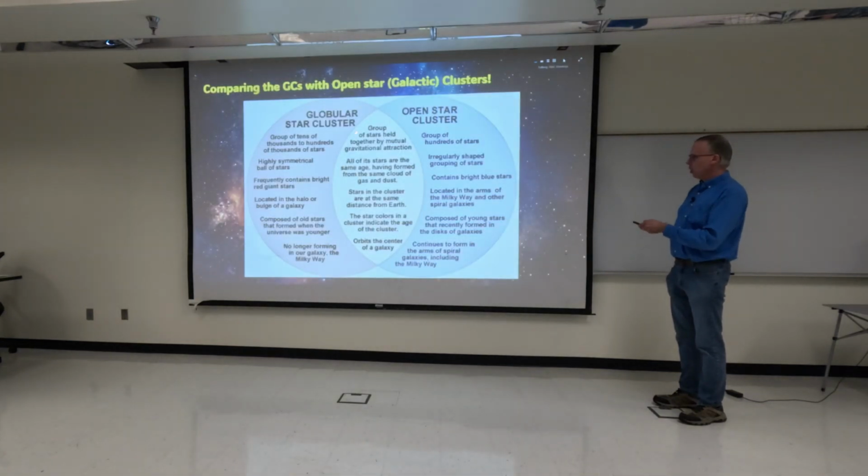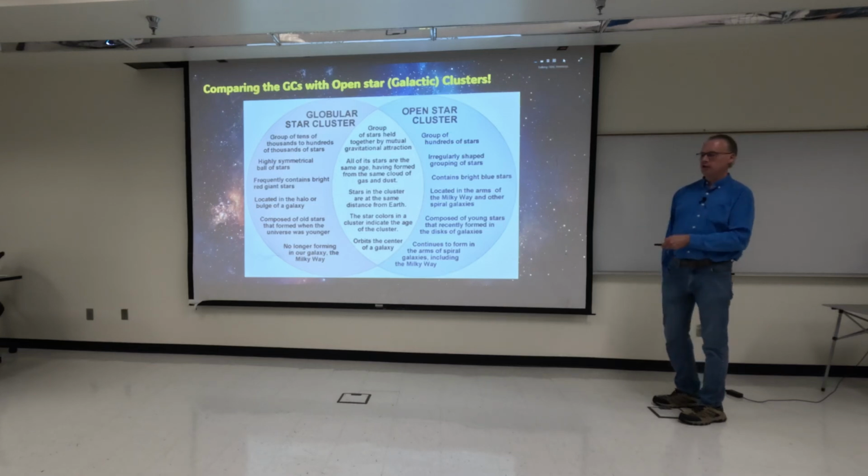And this is just an overlap. We have to remember the globular star clusters are going to have tens of thousands to hundreds of thousands of stars, up to over 1 million stars. A lot of bright red giant stars. They're very old. They're no longer forming any new stars. They're very poor in metals, opposite from that of the open star clusters. But they do tend to have stars that are close together, at sort of similar distances from the sun.